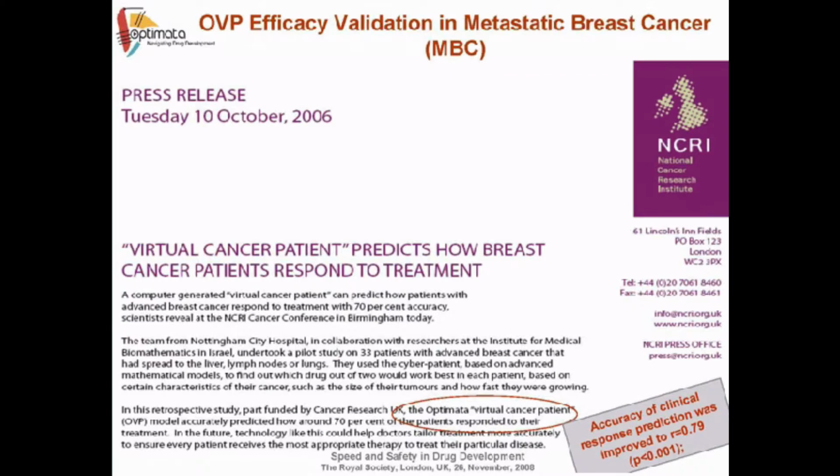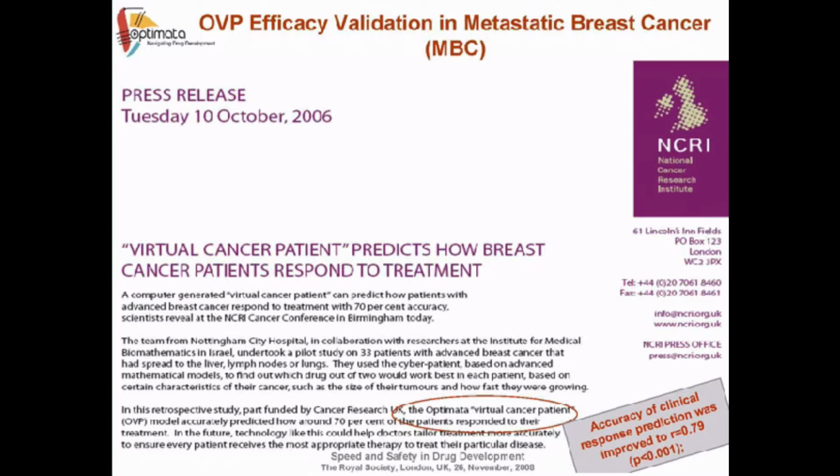So you may say, well, that looks very nice, but is it validated? And the answer is yes. The technology has been validated in a very long series of preclinical and clinical trials on the separated modules and on the virtual patient as a whole. And here I'll just briefly mention